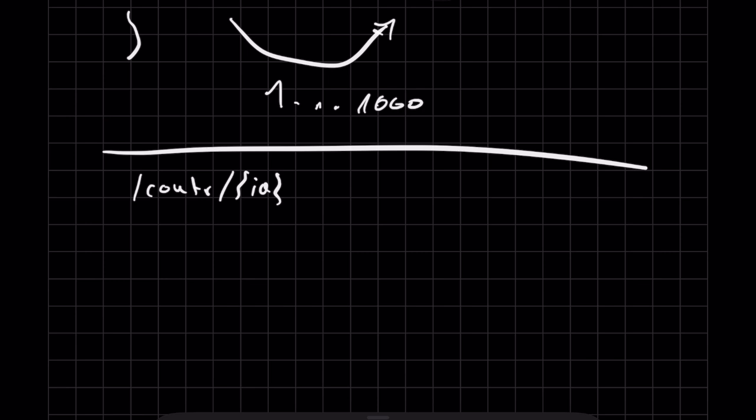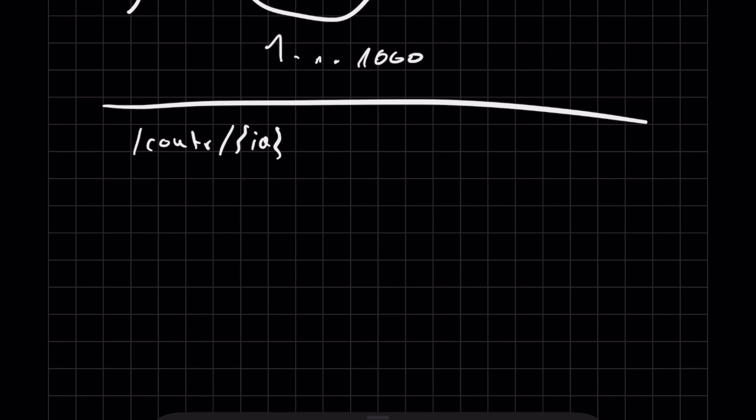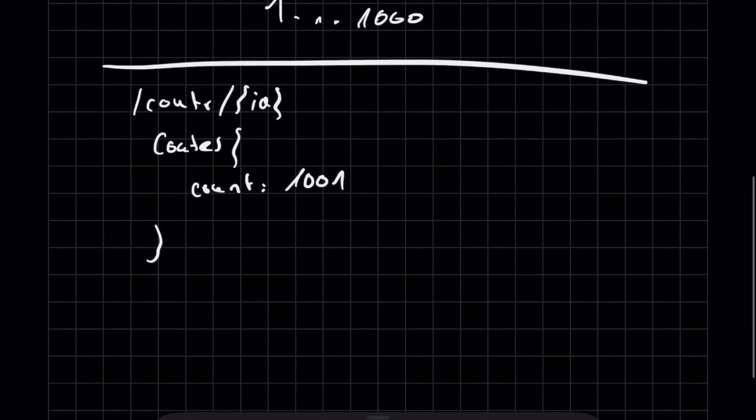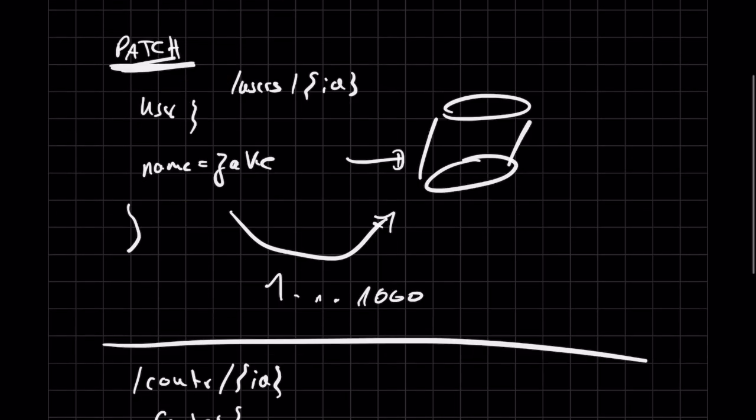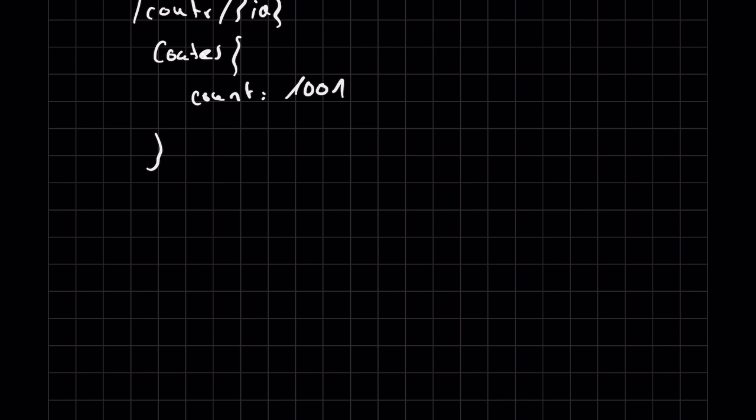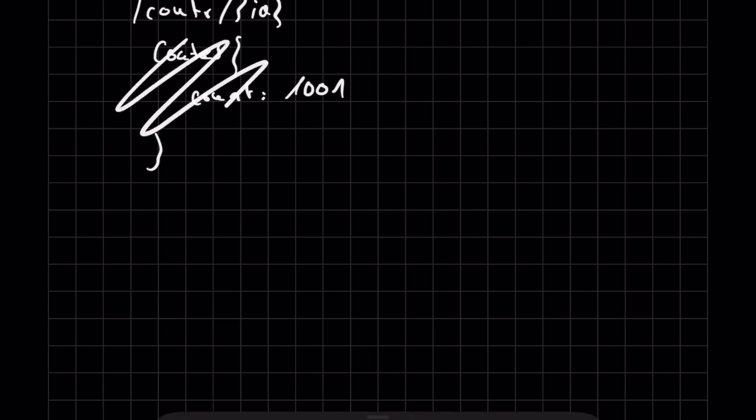And in the request, if this was a normal patch request, the same way a put request would be implemented, they would give you a counter request, so a partial representation of that resource, and it would contain count, and that count would be maybe 1001, right? So count is a field that lives on our counter, and we set the value of count. But of course, that's not really what a counter does, right? Usually when you work with counters, you wanna increment them.